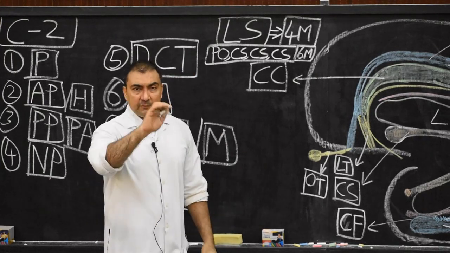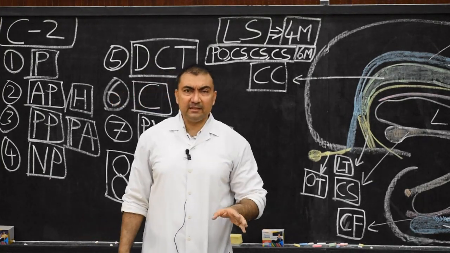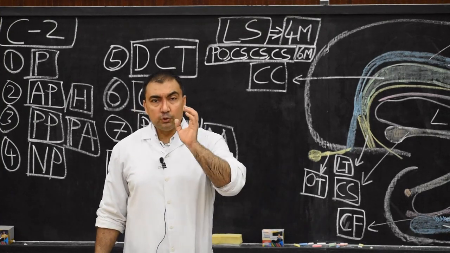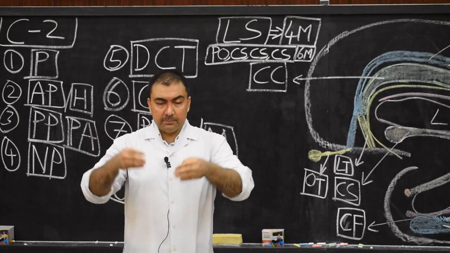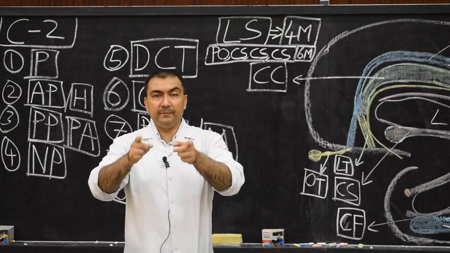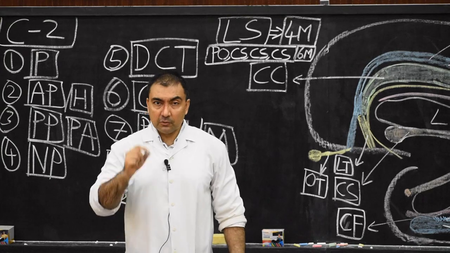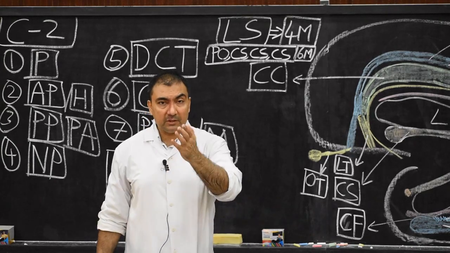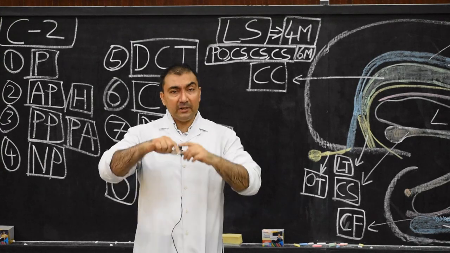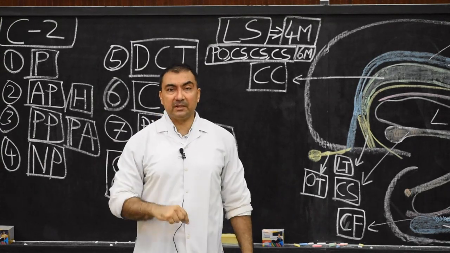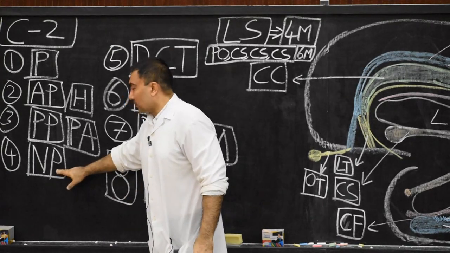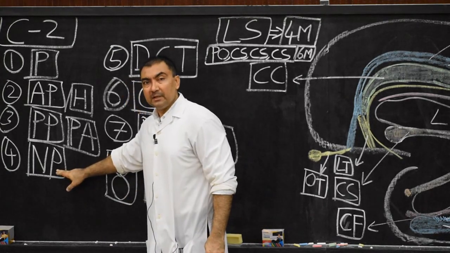Then what will happen? These sulci will develop in such a way that now 2/3 of the cortex will be submerged in the sulci and only 1/3 of the cortex will be visible on the gyri. So note down this important point: 2/3 of the cortex is submerged within the sulci of the human brain and only 1/3 is visible on the gyrus. So here we finish our point number 4, that is neopallium.